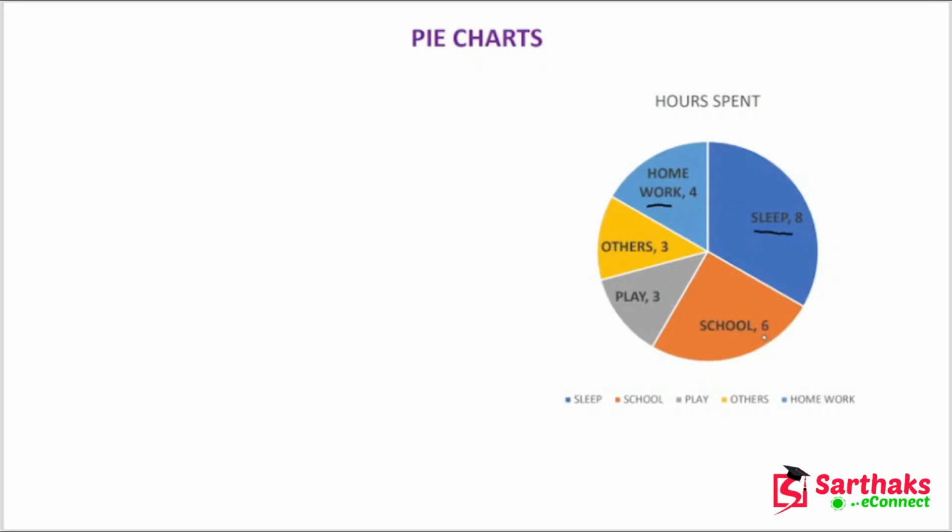School. Students spend 6 hours in school. So what does it mean? It means 1/4. I will show you how the calculations are done, but for the time being I am explaining the statement that each sector is relating the data to some particular category, that is sleep, school. So it is very easy to read. Now let me show you how the calculations are done and how with the help of this pie chart we actually find out. Okay, for example, in this case the proportion